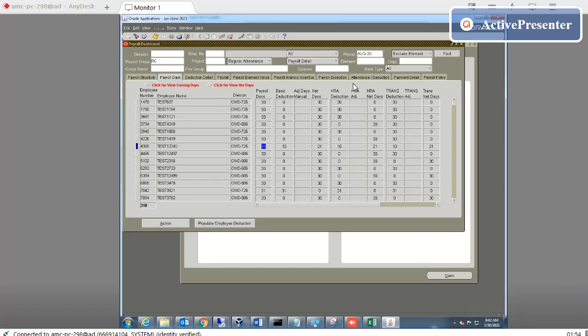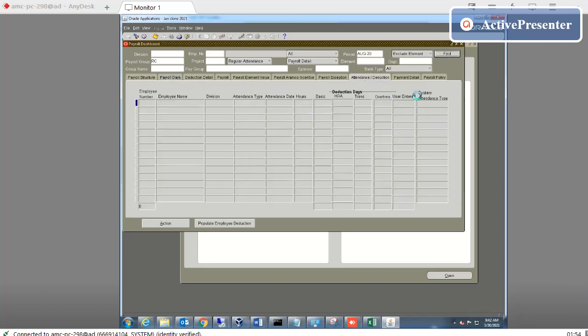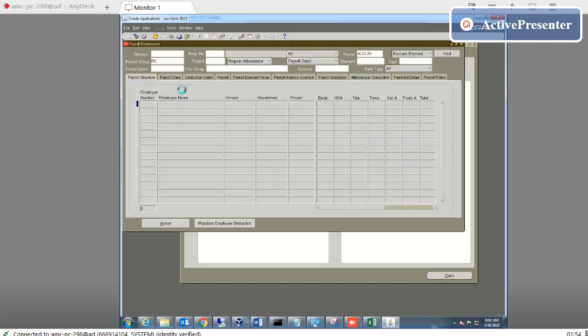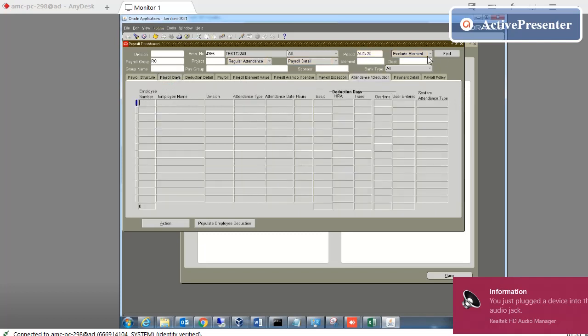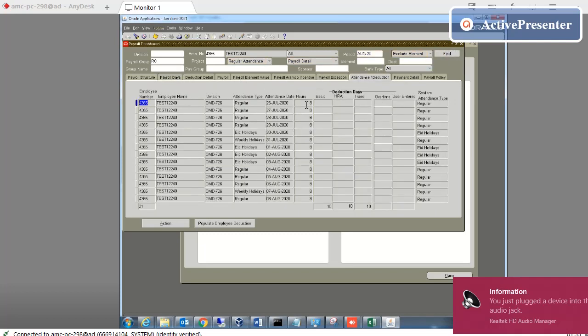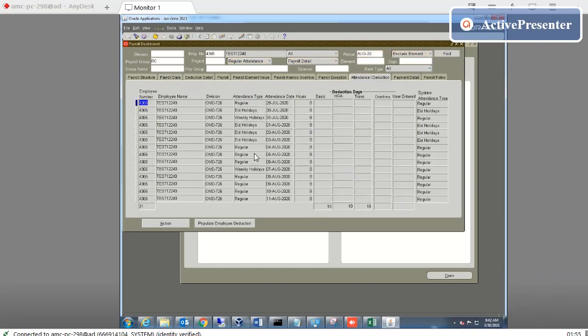For this policy, if I go ahead and attend, I will check what is the employee number. This employee number. This attendance. That attendance, he entered all days, but from 16 August the employee went for end of service.